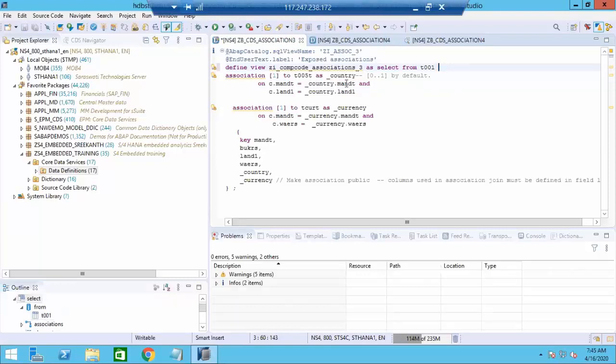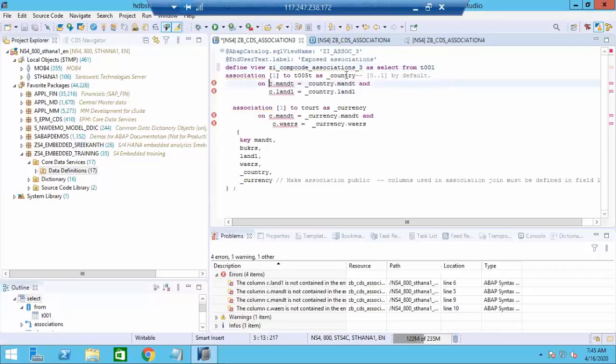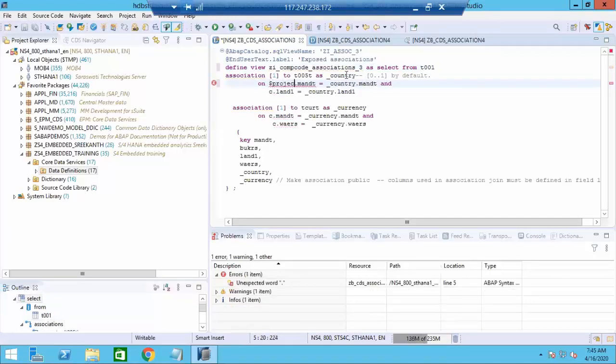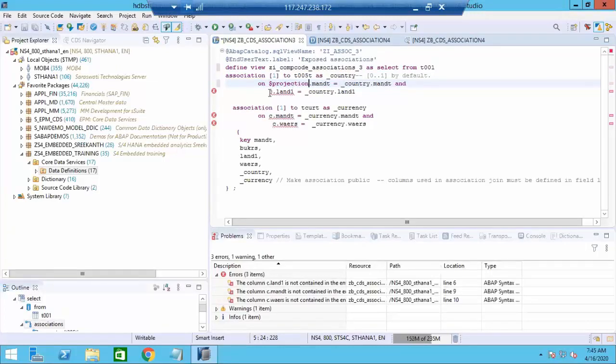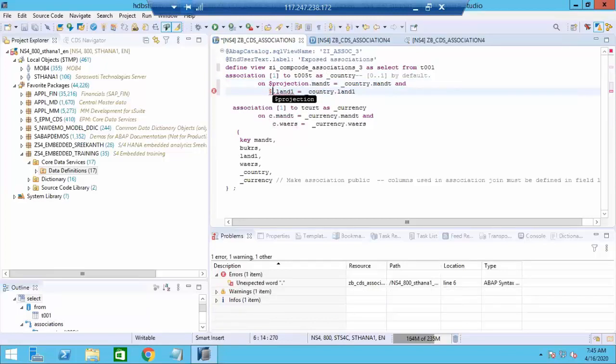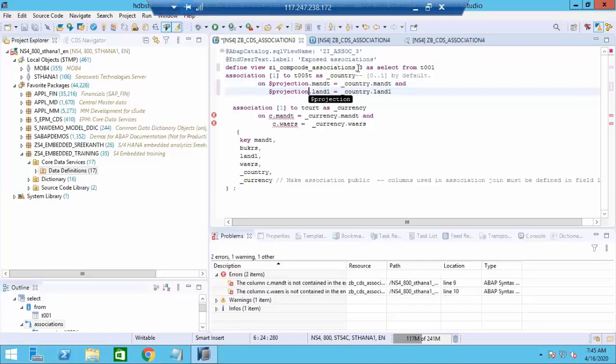If I just go and see, this is going to give an error, right? So I don't want to give the C there. Let me put the dollar projection. So it's giving me a pop-up. So it's going to be fine now. Similarly, dollar projection, whatever the source is going to be, it goes into the dollar projection. So that's it. It's still good. So you can also here, I don't want to give another association again with C. I can make it dollar projection